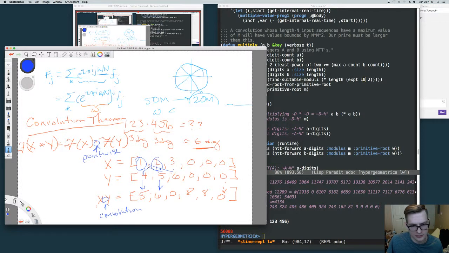And then once we do those, we add them all together, we do a bunch of pluses, and then we get this result down here. That's very much like convolution. So what this is saying is that if our numbers are sequences of digits, then this is kind of